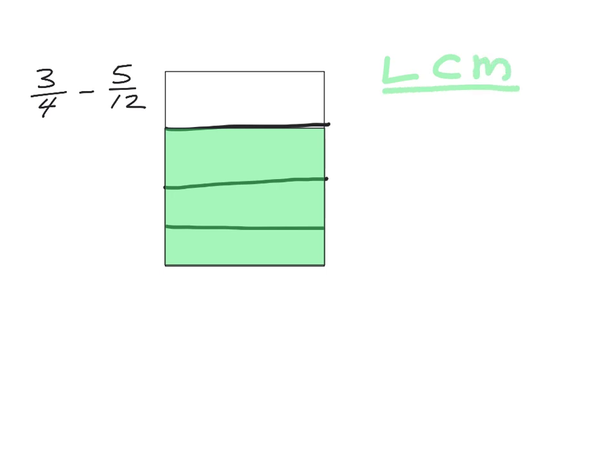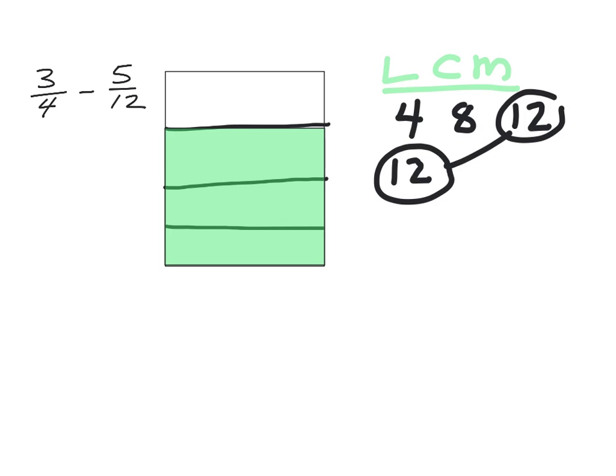Superb. And so I'm going to write 4 right here and 12 down here. And then I'm going to count by fours. 4, 8, and bingo, 12 right there. I have my least common multiple. And that, my friends, is fantastic. Okay, so now that means in order to subtract 12ths from this, I got to break this fraction box into